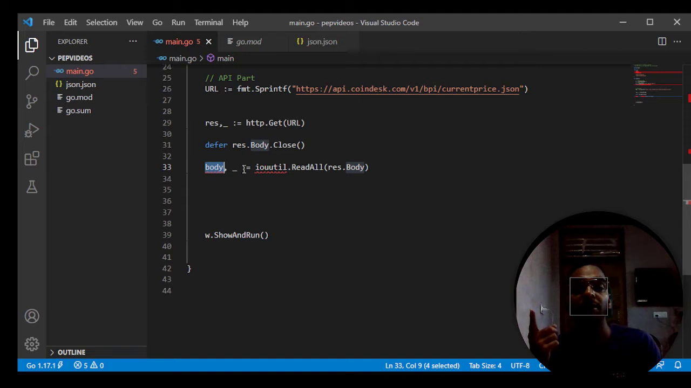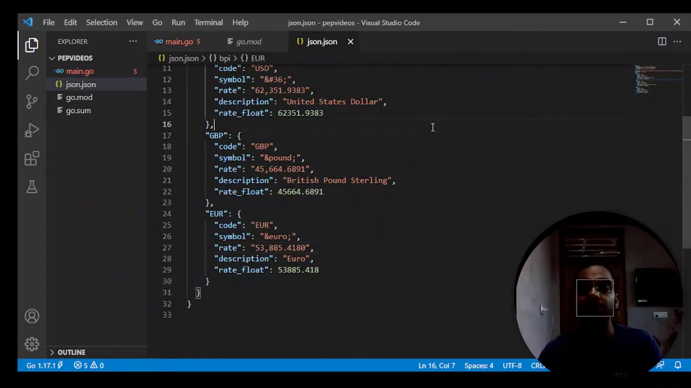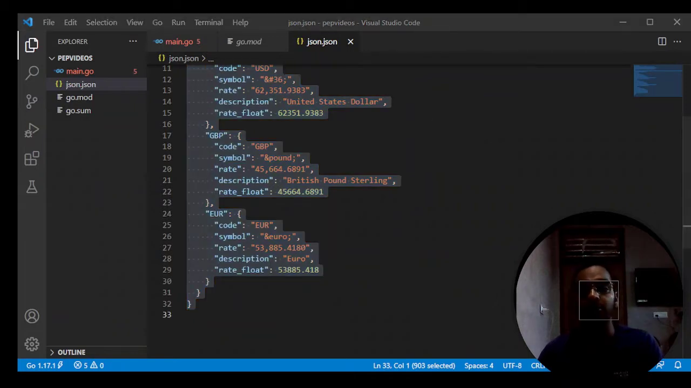The first is the body of the response, and the second thing is an error. So we'll be using our body. Okay, so to use our body, this is one thing which we need to do. We copy paste this JSON data, and there is a website known as